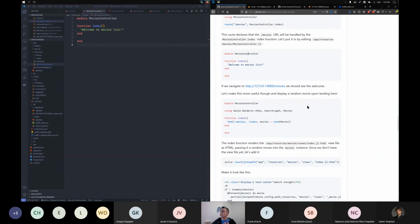Okay, now that we've seen that it works, let's make this function a bit more useful. So we'll ask it to do some work for us. From Genie, we're going to use the HTML rendering module, which knows how to take data and return it back to the client as an HTML payload. We'll be using Searchlight, and we'll be using the movies module, which contains our model. And then what we do here in the index function is that we call the HTML function from the rendering module,